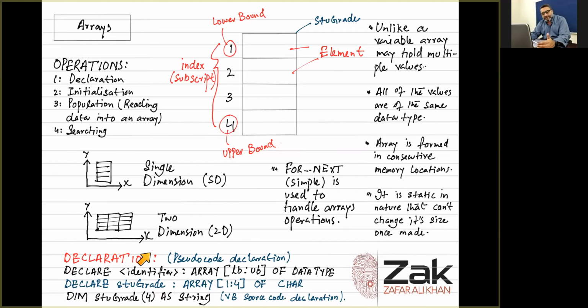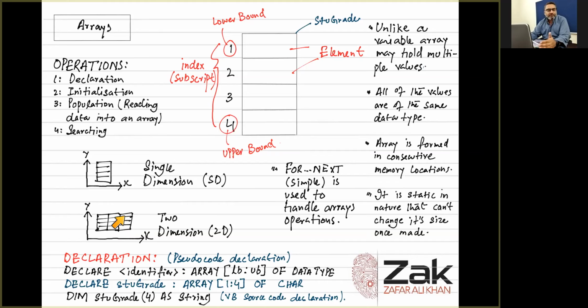In pseudocode, there is a clear way of declaring the array. In Visual Basic or other languages, there would be different ways of doing it. For example, in Python, there is no specific way we can create an array. There we use lists as arrays. So if you want to practice arrays in Python, you would have some trouble because you would have to use lists as arrays. Lists by nature are a bit different from arrays, but you have to program in a way that the array works. So that's why I will be explaining arrays in pseudocode or Visual Basic code, but